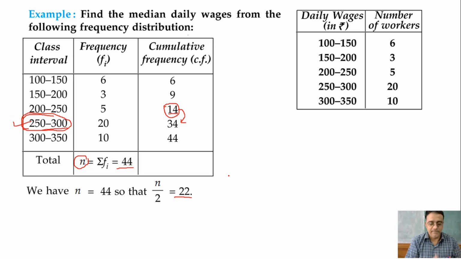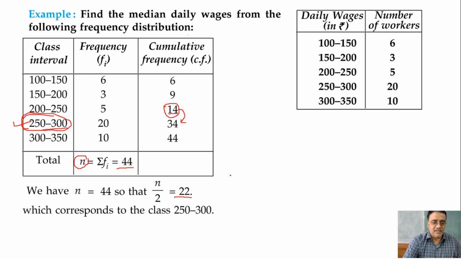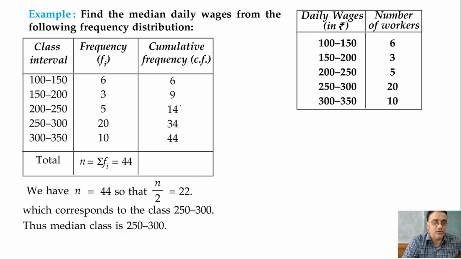Yes, sir. Okay, so which corresponds to the class 250 to 300, so the median class is 250 to 300. अभी ध्यान से देखो इसमें CF क्या होता है, हम लोग का मीडियन क्लास ये है 250 to 300, CF is the cumulative frequency of the class preceding the median class, मीडियन क्लास से पिछले क्लास का CF, सो ये होगा CF, क्लियर।